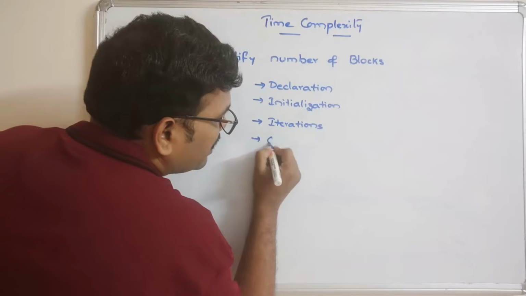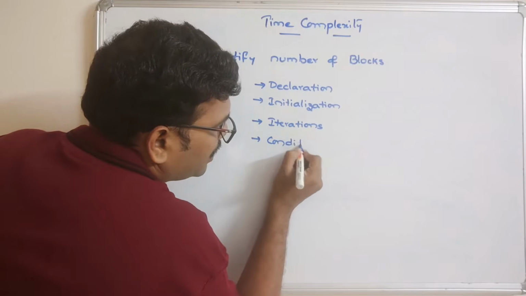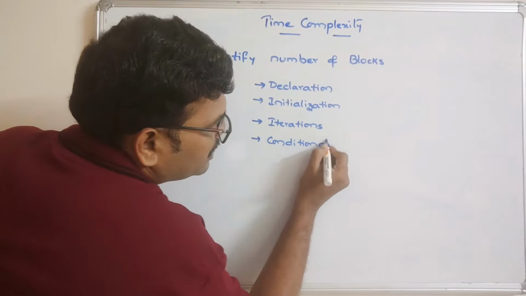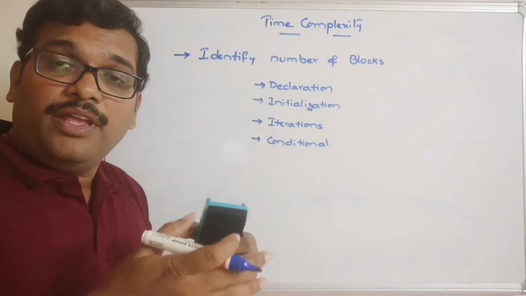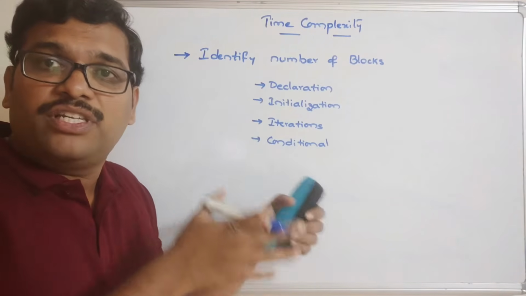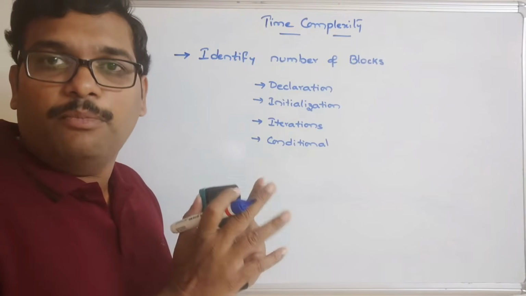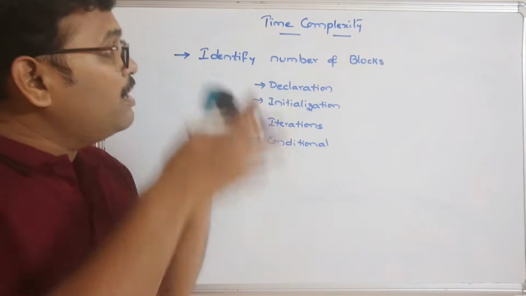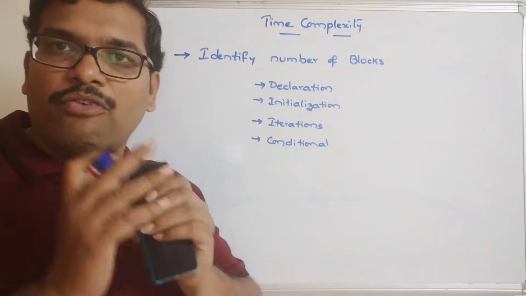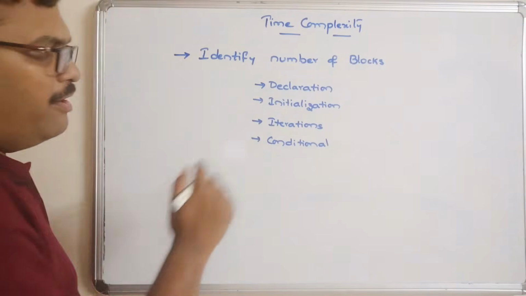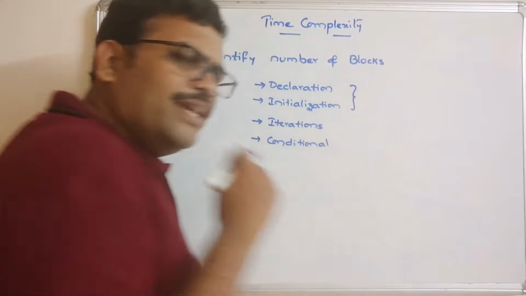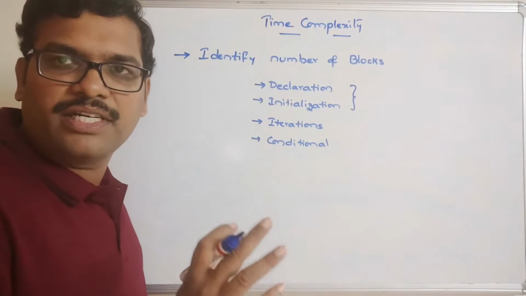And similarly, conditional statements. So if the conditional statement used in the algorithm is if else, both we have to consider as a single block. Okay, so first we have to identify the number of blocks, and for these two always the